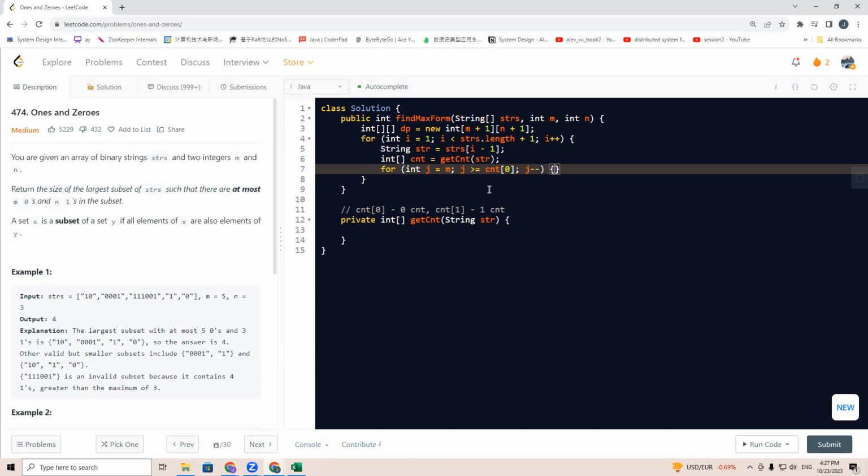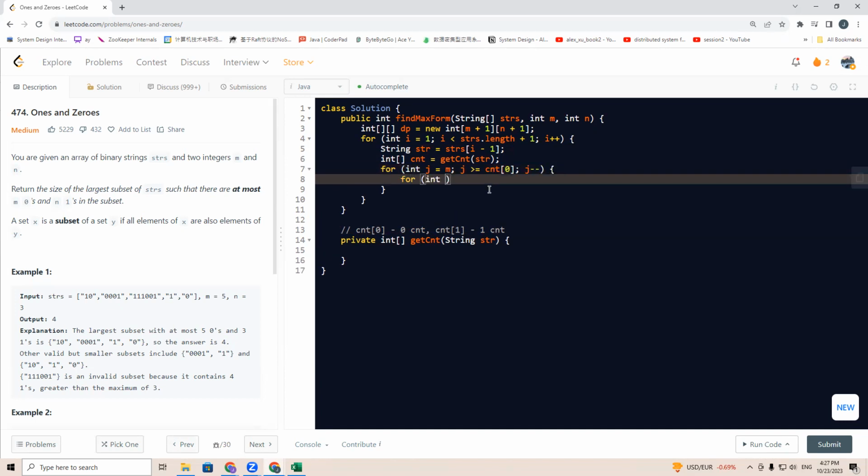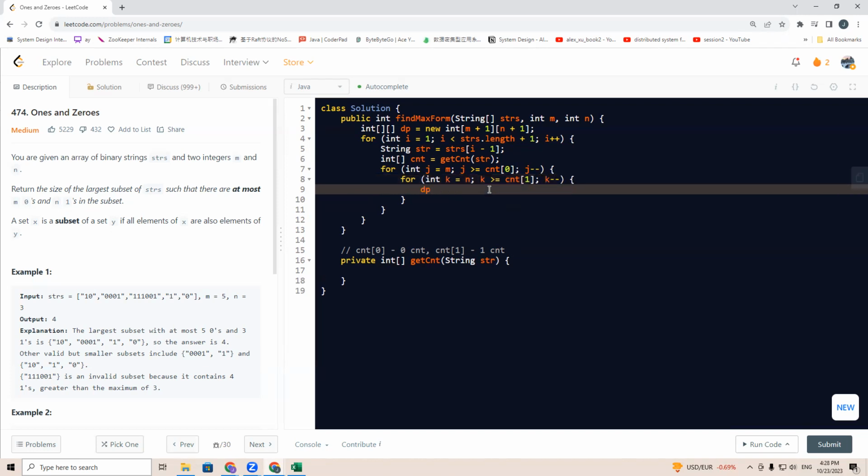And let's say for int k equals n, k greater equal to count one, k minus minus. So what we're going to do is dp[j][k] equals Math.max of dp[j][k],